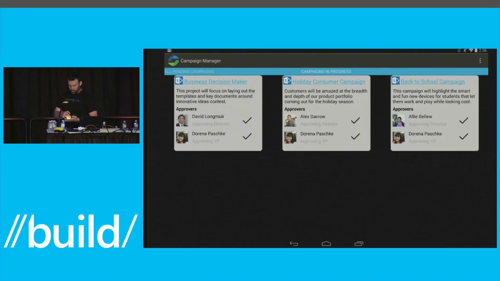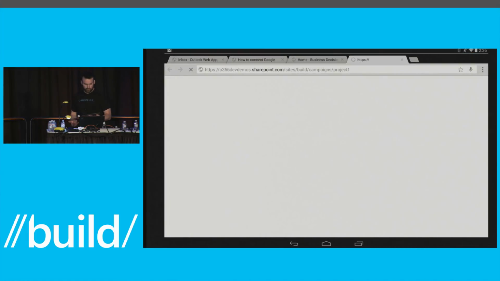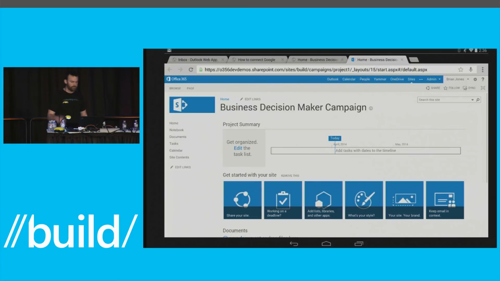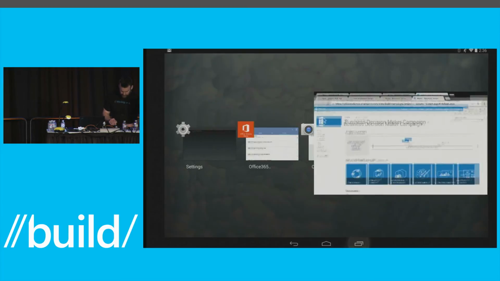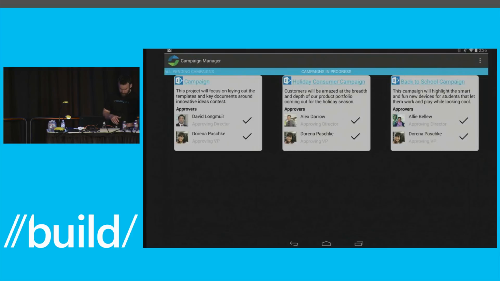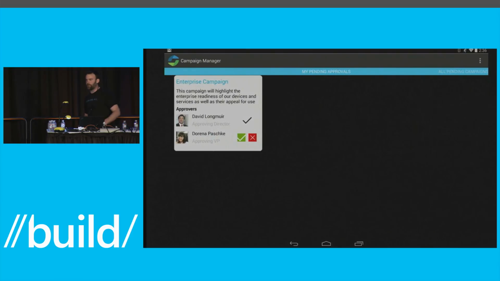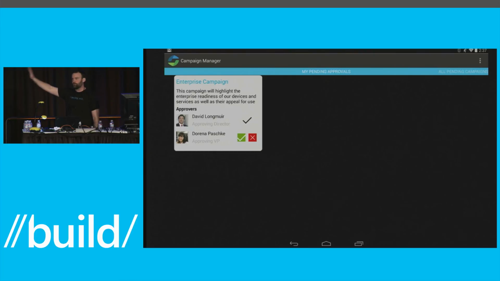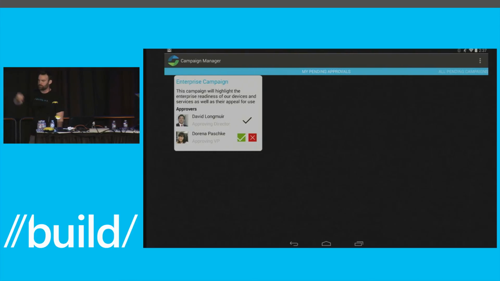If I want to, I can click on one of those campaigns, and it'll bring that up for me in the browser. And the key thing is, each one of these campaigns is backed by a SharePoint site. Every new campaign that we create, a SharePoint site's created. And in fact, if I go back to my app here, the entire flow around approving campaigns, managing those sets of campaigns, that's all managed through SharePoint. That's all information that's in SharePoint. And I built this custom app, not me, the VP, but me and a few folks for the demo, built this custom app that talks to Office 365 and SharePoint as a set of services. So it's an Android app that's talking to Office 365 services.